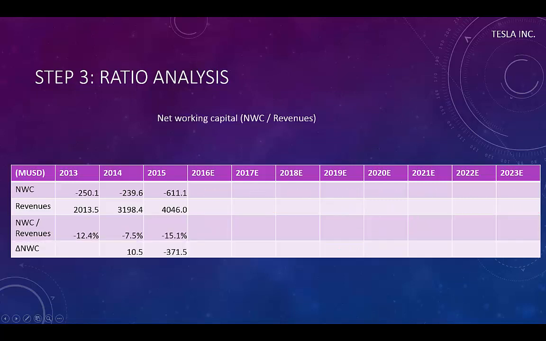Next in line is the net working capital. Again, we use the revenues as the starting point and calculate a ratio of net working capital to revenues. We see that the net working capital is negative. This suggests that the accounts payable exceeds the inventory and accounts receivable. We assume that this is not sustainable in the long run and the net working capital will turn positive. We assume that the working capital to revenues ratio increases and reaches a steady state of 10% in the long run. We can calculate the net working capital by multiplying the revenues with the ratio.